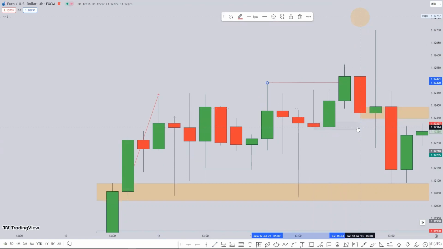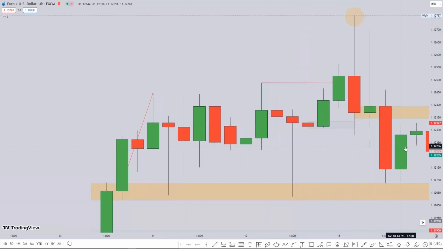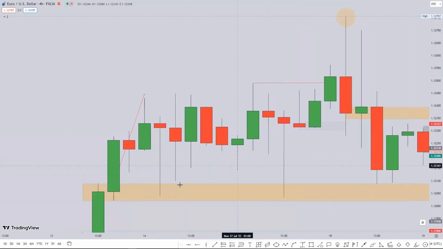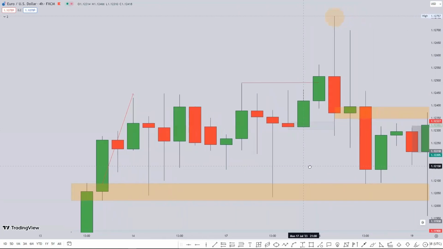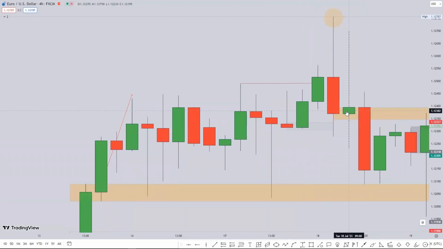Now the market rejected in this area. It first went up, rejected here, and then pierced through with a wick, followed by a close below this. Then this candle was bullish. Still, the market is closing above our marked zone. Now this area, which some will call an order block, is from this